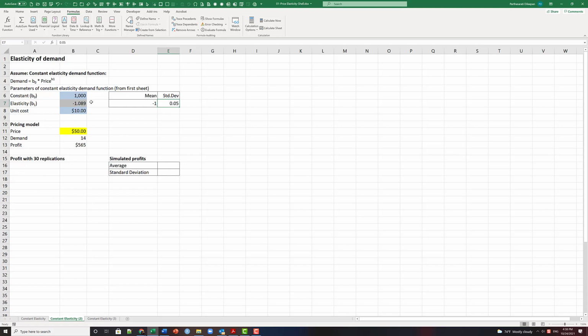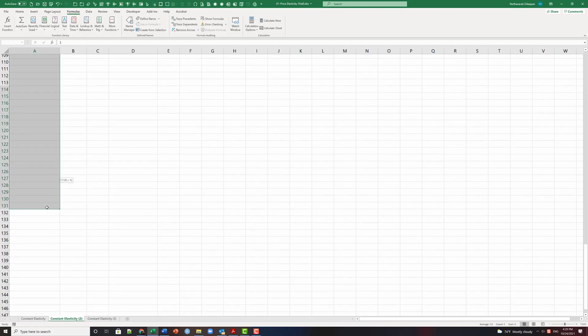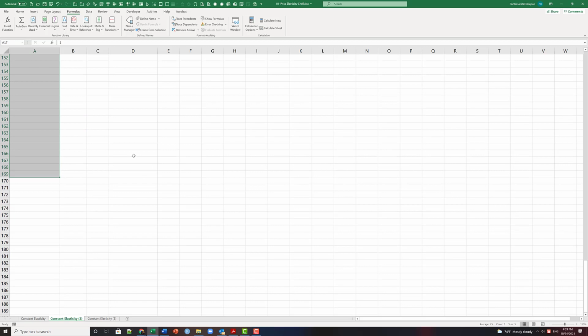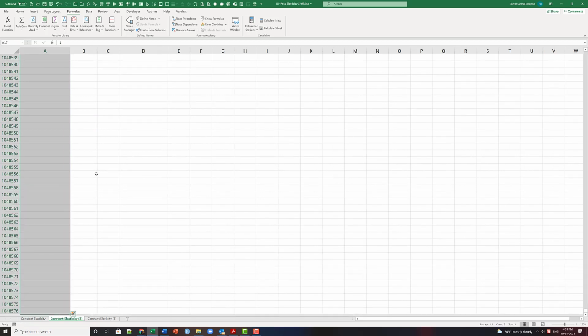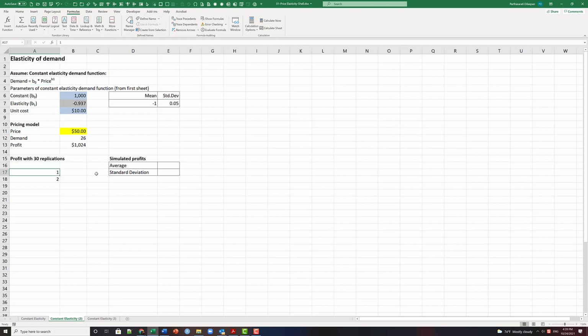So how do we repeat this elasticity? How do you do the replications? Here is where the data table calculations that we talked about will be handy, because every time you make a change anywhere, it forces a recalculation. Let's say that we want replications. How many replications do we want? Let's say we want 1,000 replications. So I'm going to set up values going from 1 through